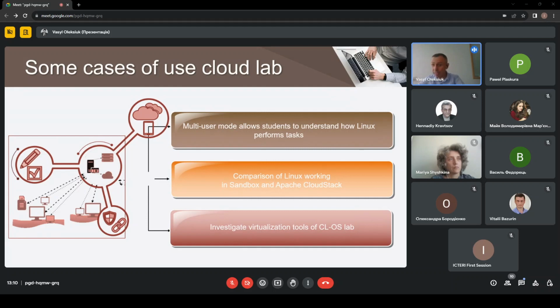Investigation of the virtualization tool of CloudWeb is described in the module Understanding Computer Hardware. Students get the list of names of the virtualization platform under their Linux operating system. They use the command systemd-detect-virt or other. Alternative ways to do this are the commands dmidecode or lshw. Students compare the results from different Linux environments and complete a corresponding table.